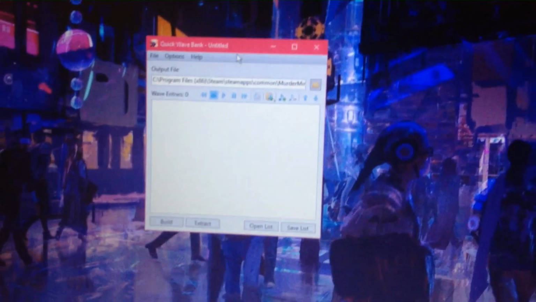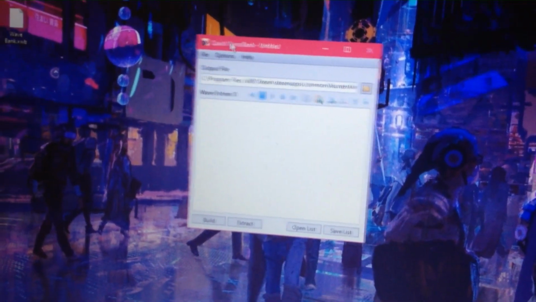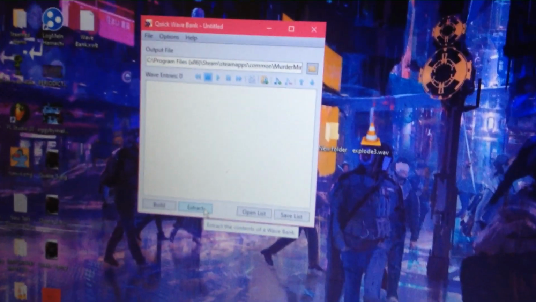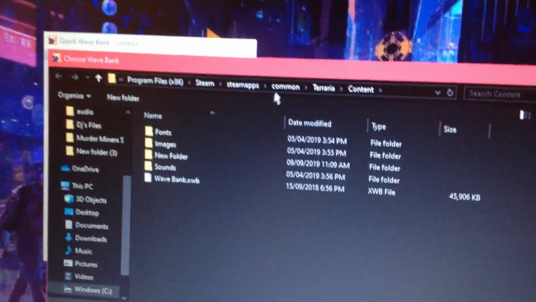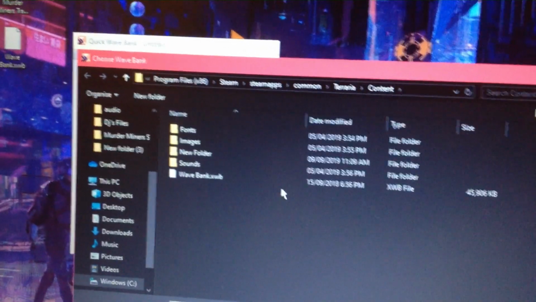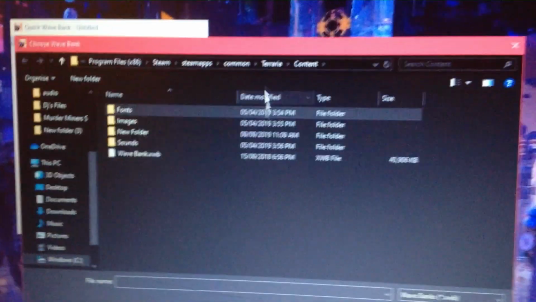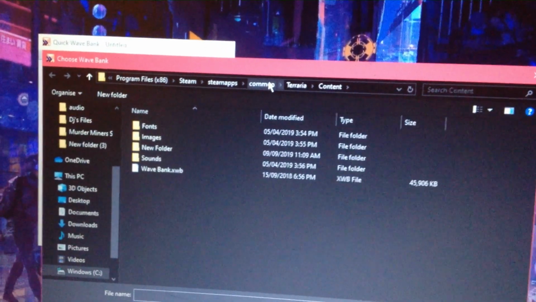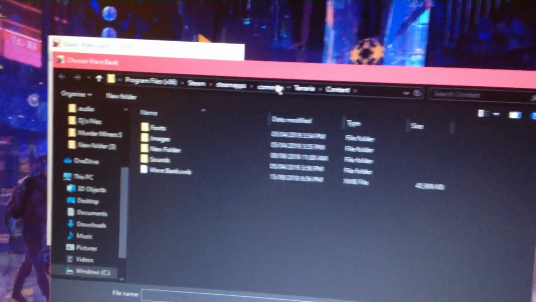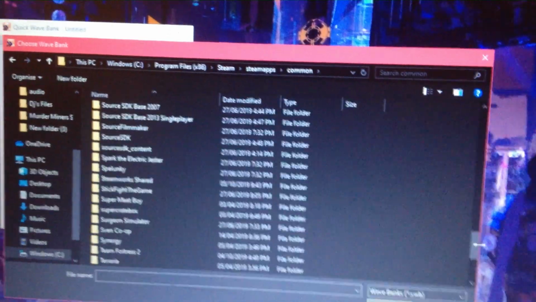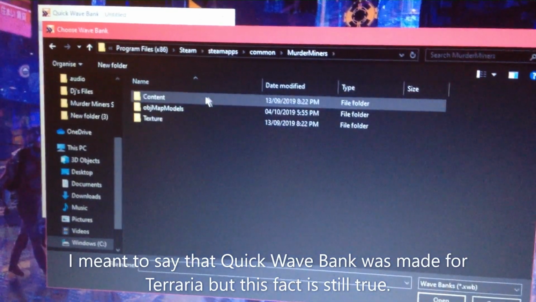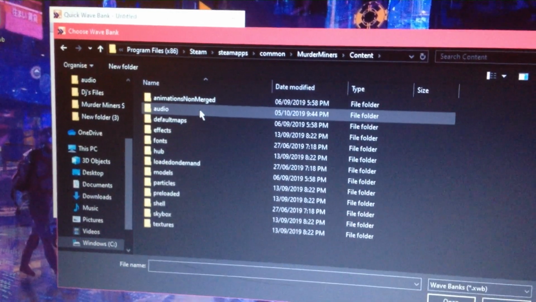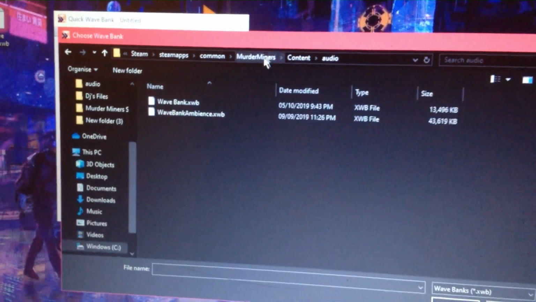It's a standalone exe, so you can just launch it, and it just launches up like this. And so, you can extract the sounds, but first you have to extract the sounds, right? By going into MetaMiner's folder, but it loads up in Terraria's directory because it's made for Terraria, because Terraria was made on the same XNA framework as MetaMiners. So you open up MetaMiners, and then you go to the audio folder in content, and then